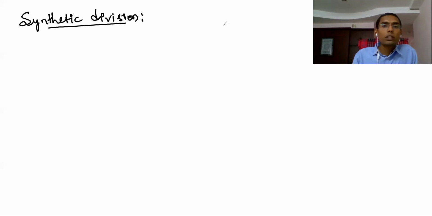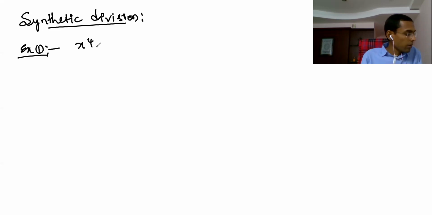Okay, so in this video, we are going to learn synthetic division, how to divide a polynomial by a linear expression and also a quadratic expression. So now let's take one example and see. Let's say here x power 4 minus 6x cube plus 3x square plus 26x minus 24